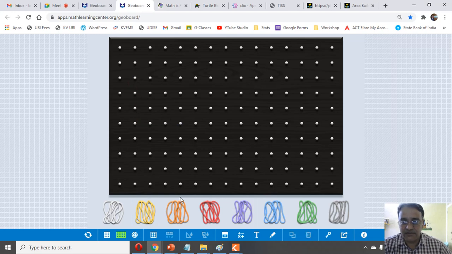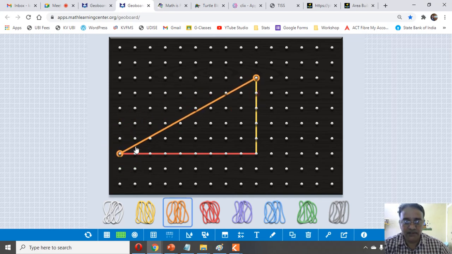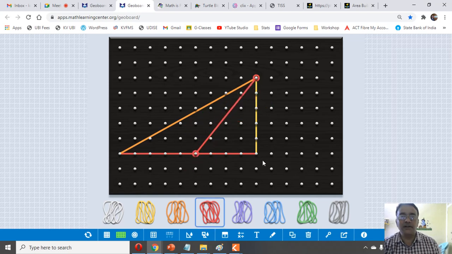Okay, so let us start from here. Suppose this is the height of a tower, and this is the position of the point of observation, and we are observing from here. So this is the angle of elevation. Now if we move forward, the angle of elevation will become more and more, and at one stage it will be equal to 90 degrees. So that can be demonstrated by using this digital model, that is geoboard. Okay, so this is one digital model.